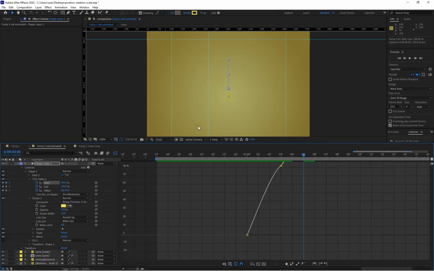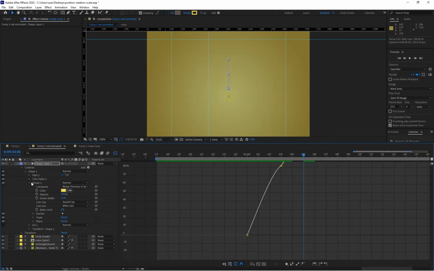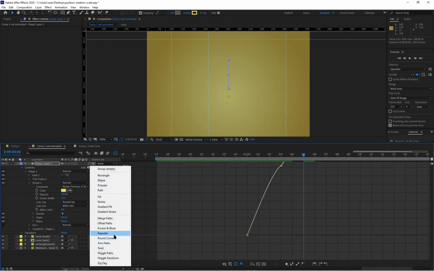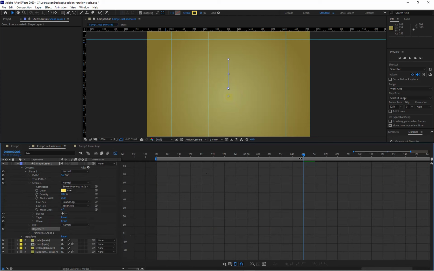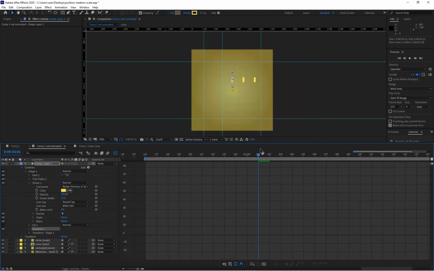Okay, so we've got a little animation of a line using the trim paths. And as I said, there's lots and lots of other permutations of that. And then we're going to use the repeater, add repeater. Now, in order to see this repeater in action, we're going to need to take the playhead to a part of it when the line is evident. So you can see with the repeater there,